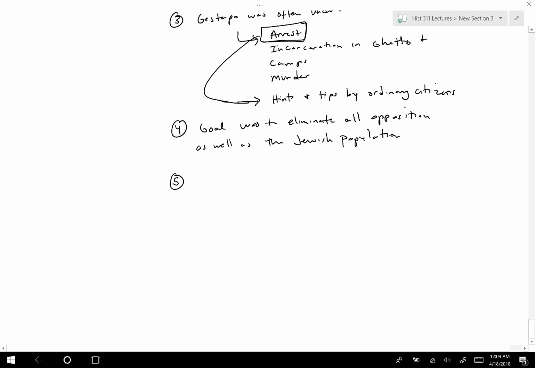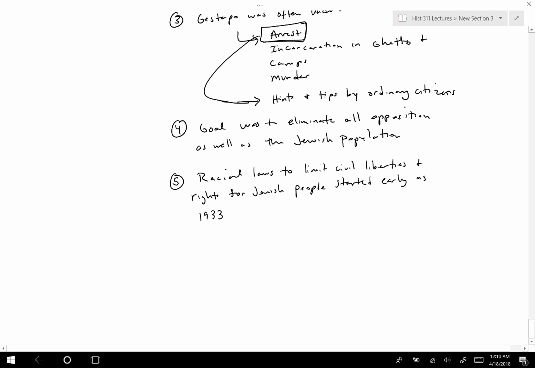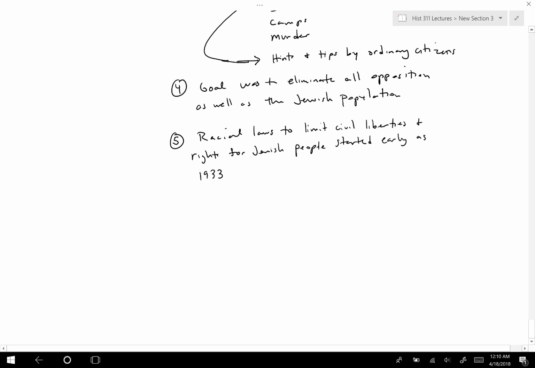And once Hitler came to power, right, then he shifted his focus to first excluding and then removing. So you had racial laws started as early as 1933 to limit civil liberties and rights for Jewish people. Started, like I said, as early as 1933. And this, you had boycotts of Jewish goods and stores,